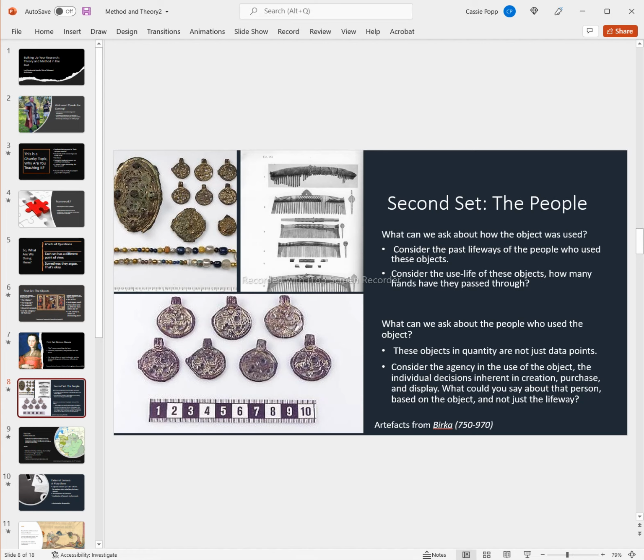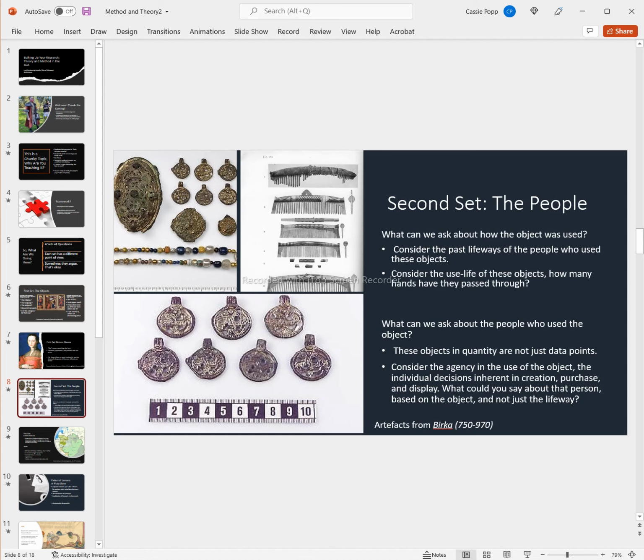I'm going from top to bottom here. On this slide, there is a set of objects recovered from Birka, which is a Viking trading site in Sweden. And we have a set of brooches, bead strings, medallions, and a set of whalebone carved combs. The two big sets of questions that I want you to consider for this slide are with respect to people, not necessarily